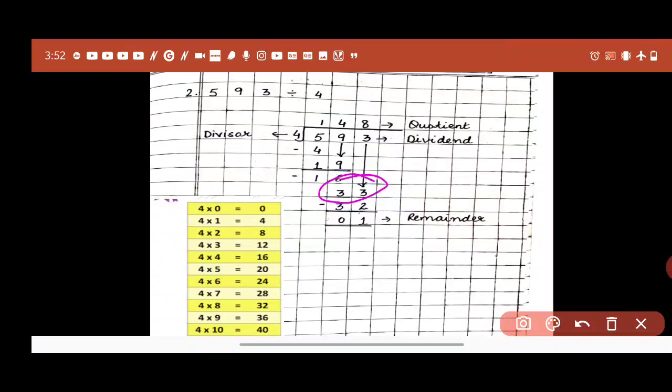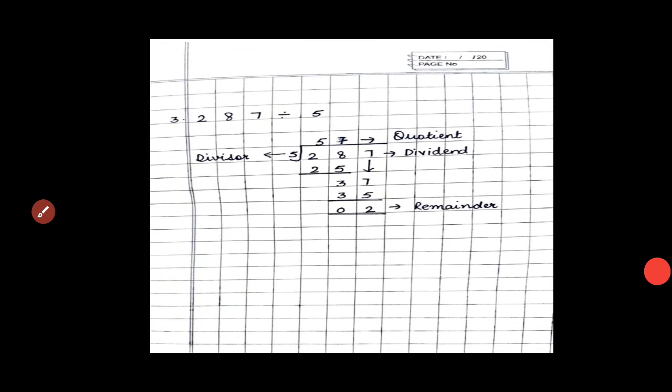No, it does not come. Now we will take the next smaller number. What is the next smaller number? 32. 4 8s are 32. Write down 8 at 1's place and write down 32 here. Subtract 32 from 33 and we are here with our answer, 148 with the remainder 1. Clear, children? Next example,